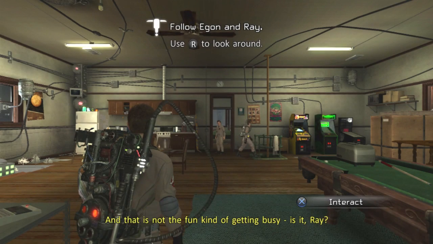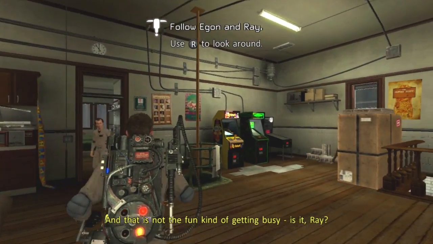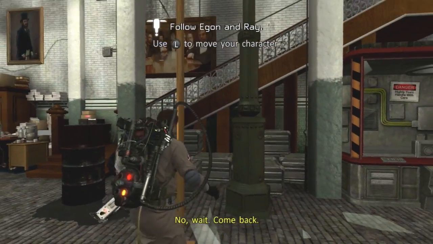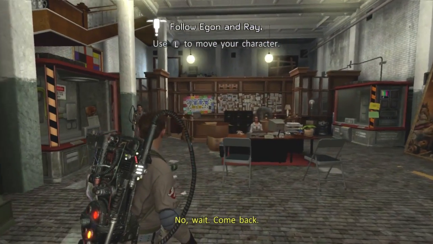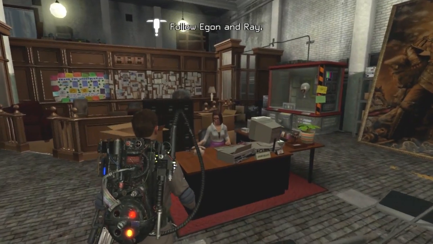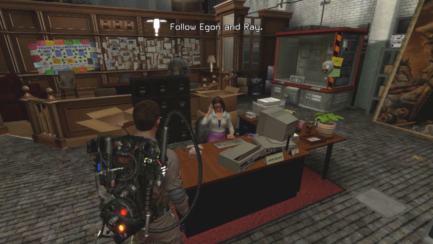Now, let's start by finding out what kind of crud Janine was having to deal with when Slimer escaped during that PKE shockwave that started the whole thing going, shall we? That sounds like fun. At least I think it sounds like fun. How about you folks,